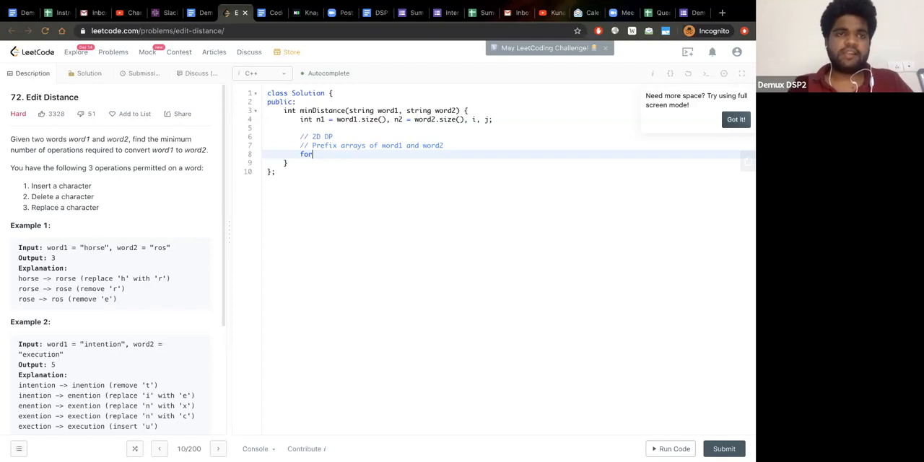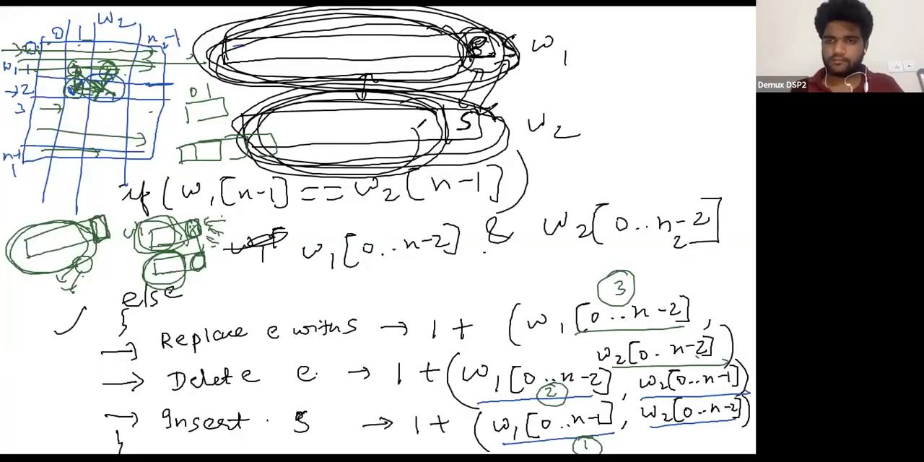So in the prefix arrays of word1 and word2, we are filling row wise. So what are the base cases here? Can anyone tell me? Yes, we can do that, which Ayush is saying. What we can do is,